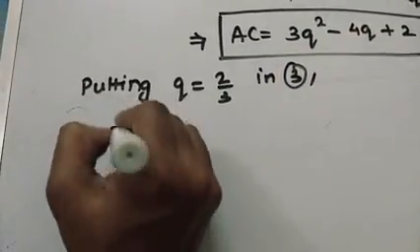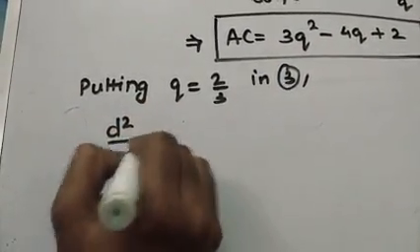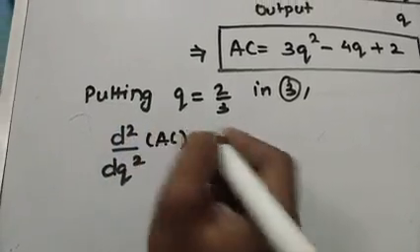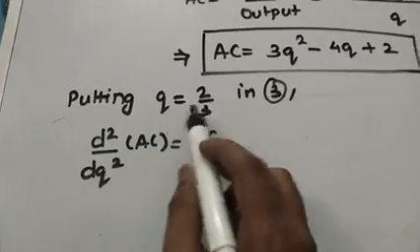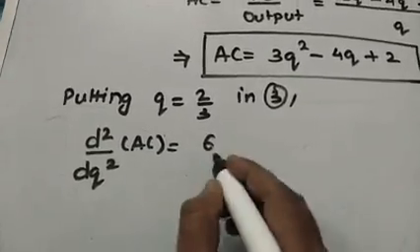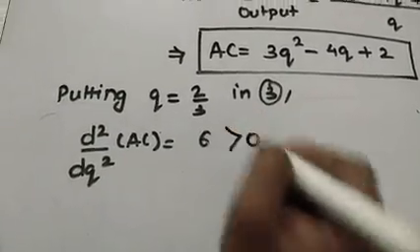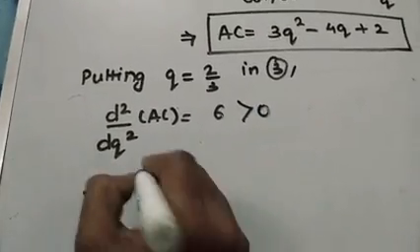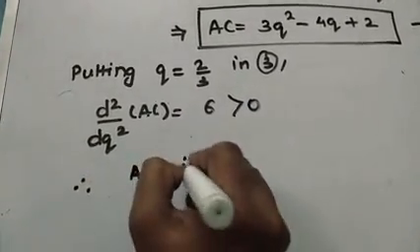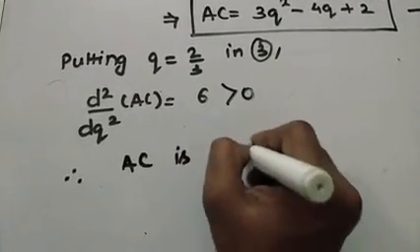So that is d2 by dq2 of AC. Now what was our second order derivative? 6. There was no q, so there is no place of putting q equals to 2 by 3, so it will remain as 6. And this is positive, that is greater than 0, and positive means minimum. So therefore average cost is minimum